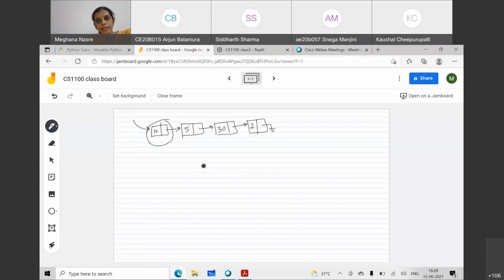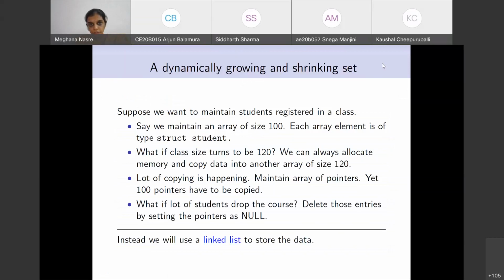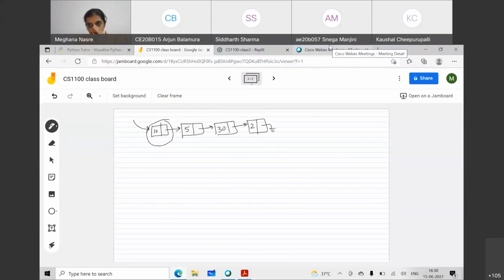Okay, so I'm assuming that at least the motivation for the singly linked list is clear. So let's now ask, how would you define the structure so that it can contain a data item and it can contain the appropriate pointers so that we can define a singly linked list? Any suggestions that you have, please write down in the chat and we can look at what your suggestions are.